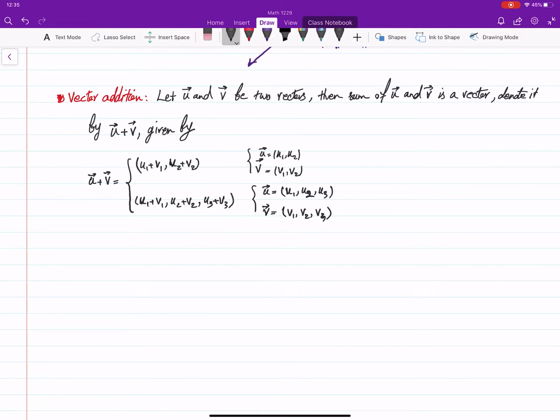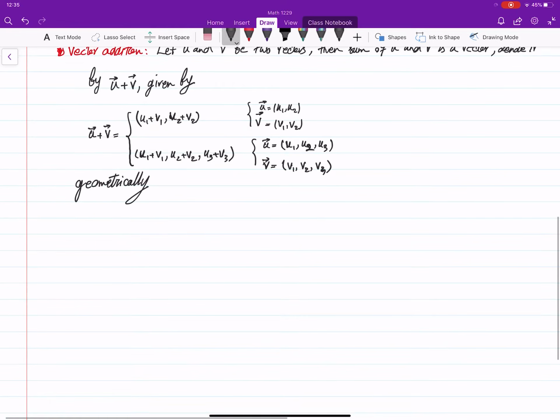How about geometrically? There's a very nice meaning for u plus v. So if this is u, this is v, doesn't matter in 2-dimension or 3-dimension, any two vectors anywhere you give me. U plus v is basically you form a